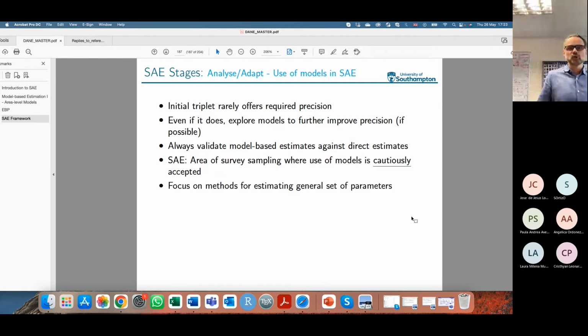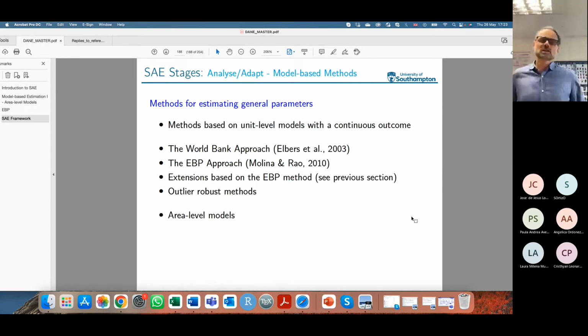And so what we want to focus on is methods for estimating general sets of parameters, not just means or proportions, but maybe a general set of parameters. Okay, and in sections 2 and 3, because now we move to the use of model-based methods,